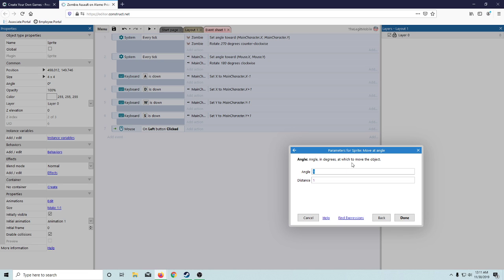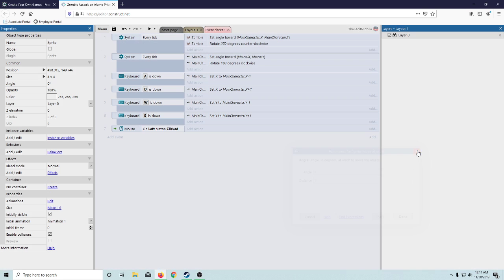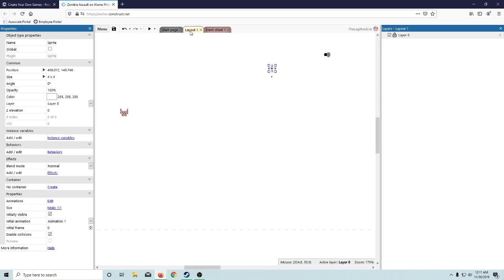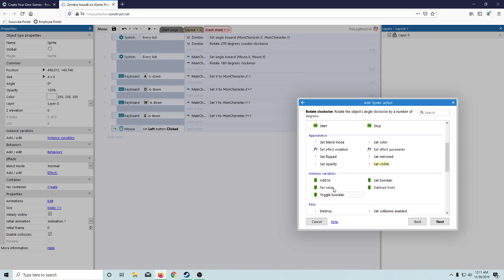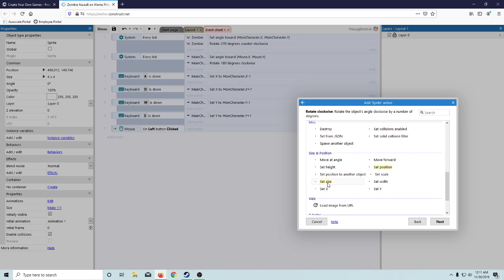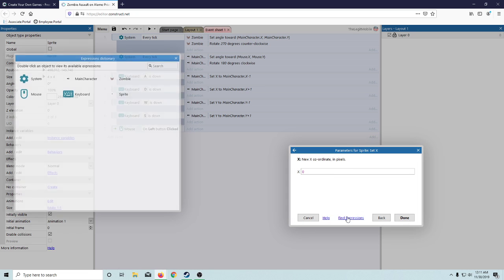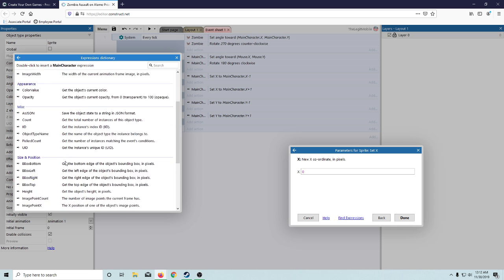Angle and degrees at which to move the object. So angle is basically going to be the angle that the character is, and then I have to make sure that those are the same angle. What I'm thinking is that, number one, on the left click, we're going to set X, and then this is kind of what I did here, to the main character's